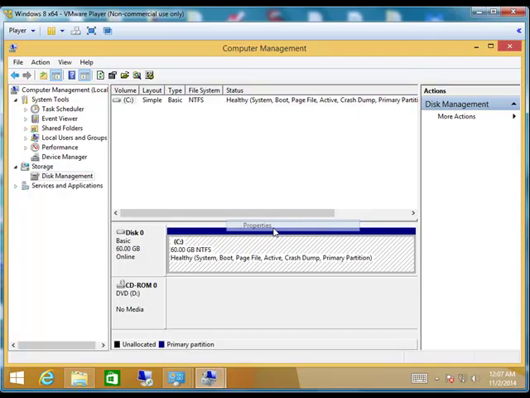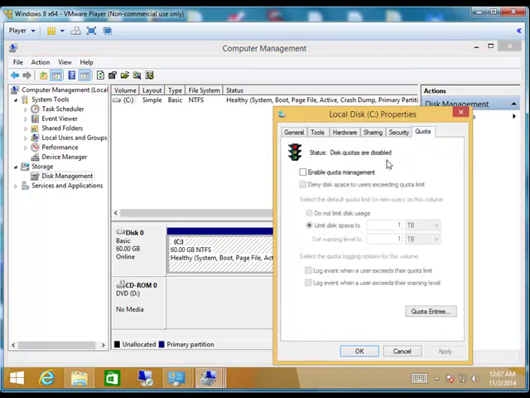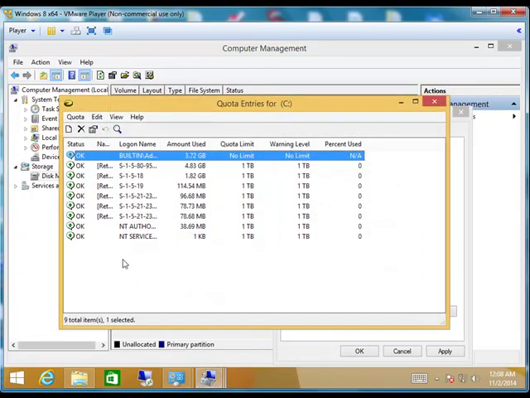Go into properties, find quota, enable quota management, and deny disk space to users who exceed that quota limit. I'm going to limit my disk space to 1 terabyte each, and then I'm going to log the event whenever someone exceeds that quota limit. Okay, so that's how you set up quota entries. And then you can go in, as you can see,